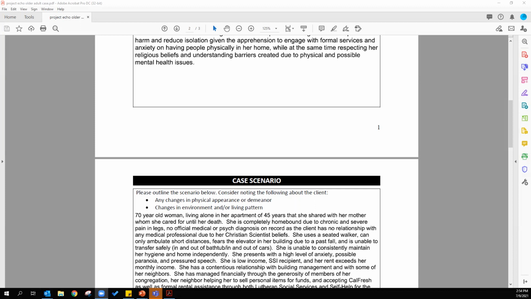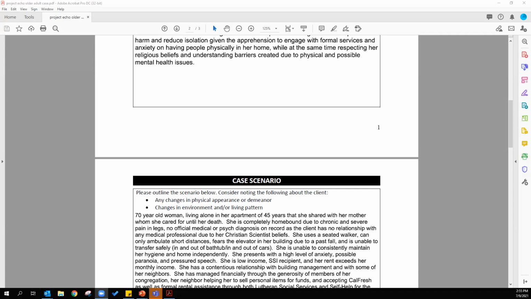And she, despite her religious beliefs, had requested home-based primary care because she was in so much pain. Twice the referral went through and she was accepted into the program, but then she refused to do the initial appointment with the provider in her home. So we haven't been able to make that connection go through. She's been really non-compliant with those types of referrals once they get to a certain point.